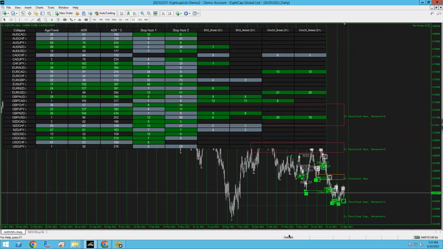Cool. All right, cool. Now, just let me know. I'll send it to you after. It's this template I'm using on my chart right now. I have it as a preset for everyone to be able to use. There's everything that I've got here. The only thing you might have to switch on is the break of structures in the settings. But if you've got it, yeah, there you go. You just got to switch on the break of structures to daily.